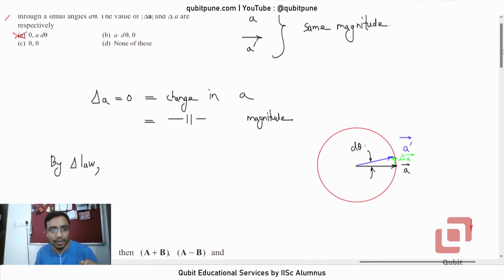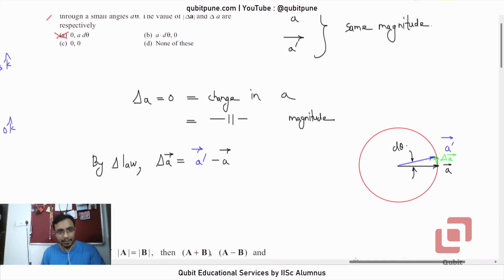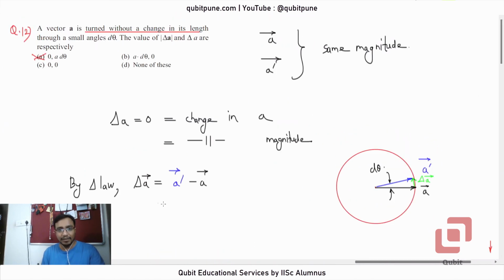So by triangle law, what can I say? Delta A bar is A prime bar minus A bar. Okay, fine. So what we want is now magnitude of delta A bar. Now how can we find the magnitude of delta A bar? Use cosine rule. By cosine rule, magnitude of delta A bar is